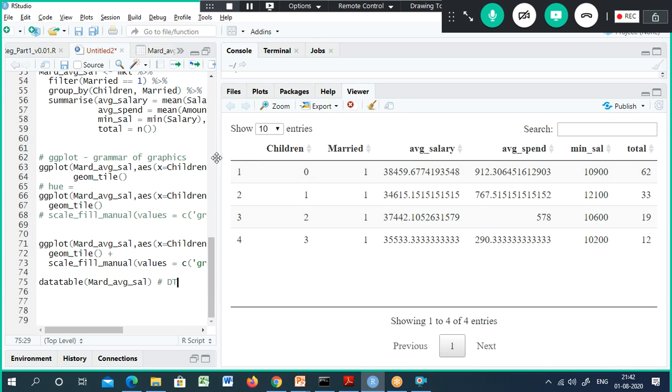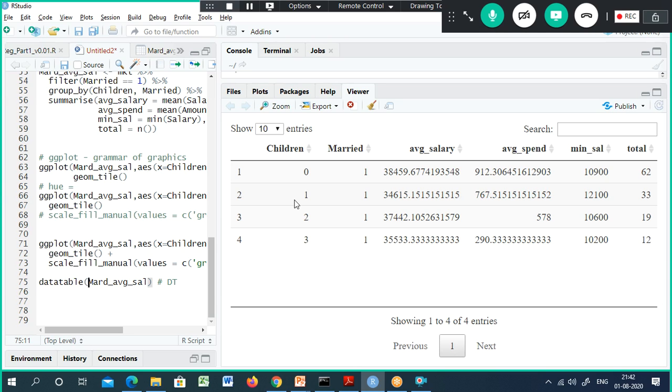You remember at the top I imported a package by the name of DT, capital D and capital T. Using that package, you have the datatable function available. This is another function which you can use to view the data. And I discussed all these things: select, group by, summarize, and filter, and what else we can see.